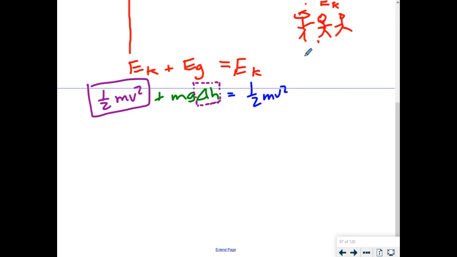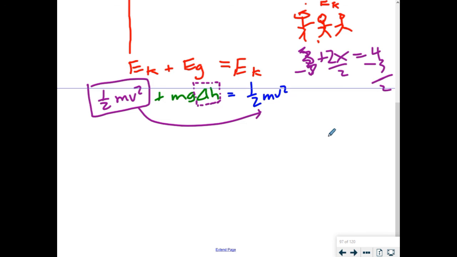It's kind of like if you're given the math equation 3 plus x equals 4. This over here is the 3, and we need to minus 3 on both sides just to get that moved over. Then there's still mass and gravity we need to get rid of as well. That's like if there was a 2 in front of this. Eventually you'll have to divide both sides by 2. So in terms of your algebra steps, first we're going to minus 1/2 mv squared from both sides of the